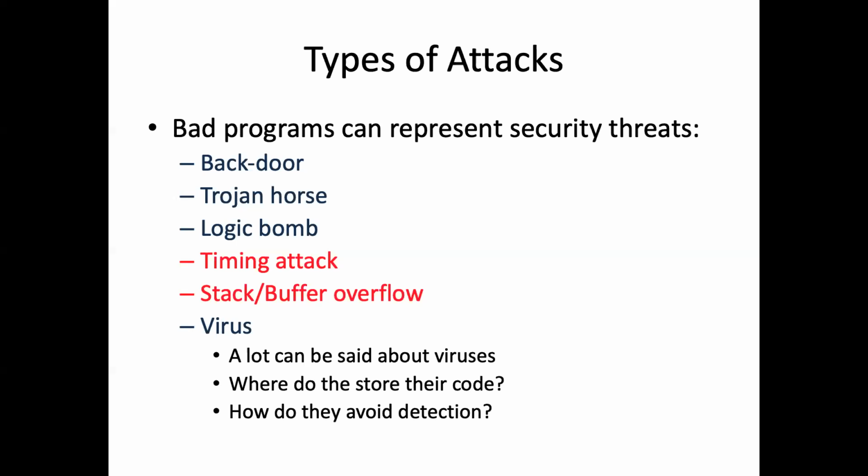You may have situations where the timing of the execution of a piece of code gives away information that should be secret. And maybe the easiest way to see or think about this is if you were authenticating yourself with a password. And let's say the code that checks your password uses the strcmp operation from C. And you've probably never seen the code for the string comparison function, but you can imagine how it works.